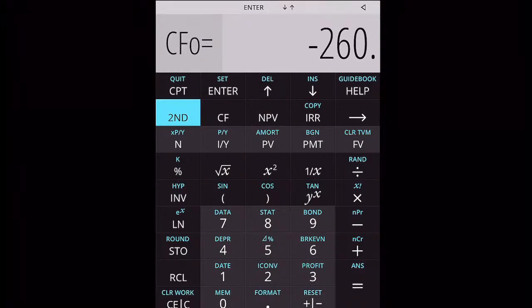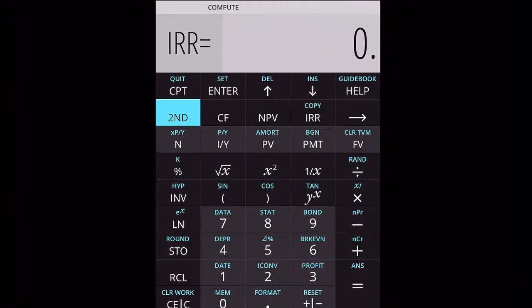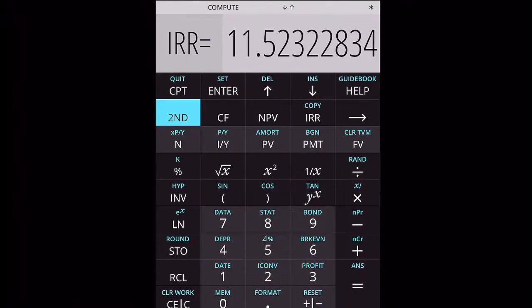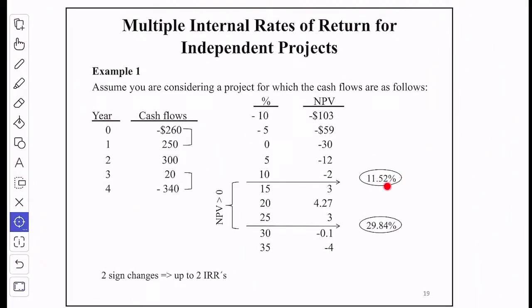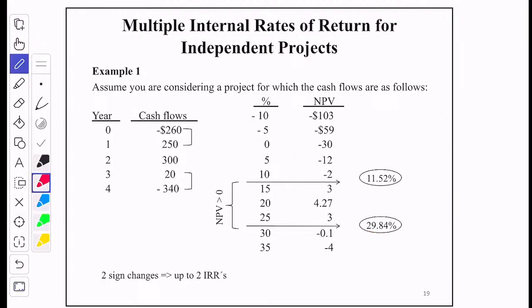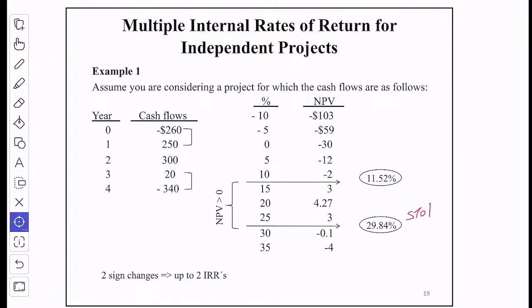And now we ask for IRR, and we ask to compute it, and there is 11.52. So we got 11.52, which gives us the first one. We cannot get the second one from this calculator. If you have an HP calculator, the way it works is you store a number that overshoots